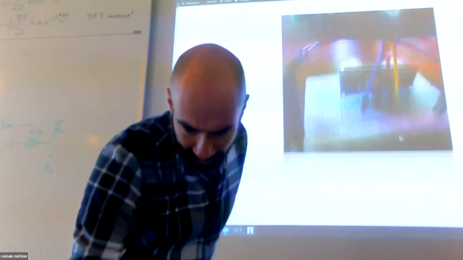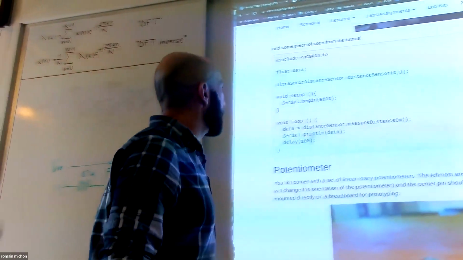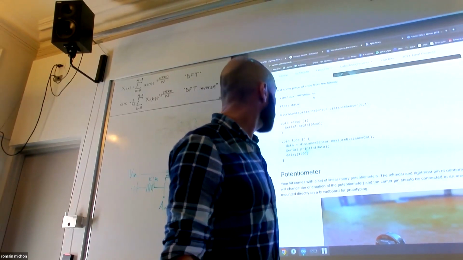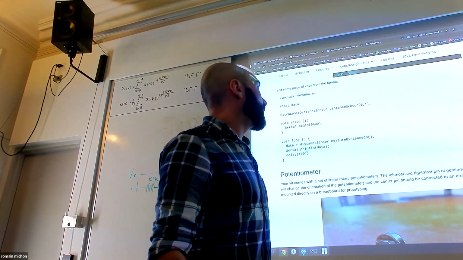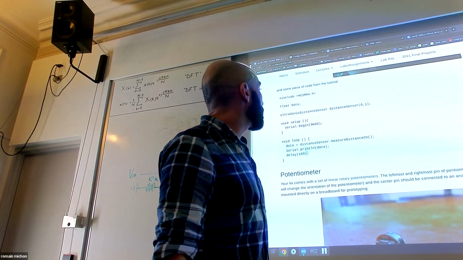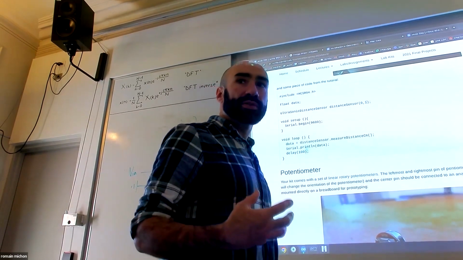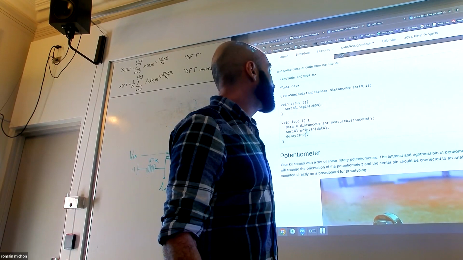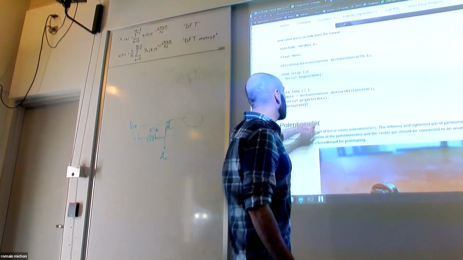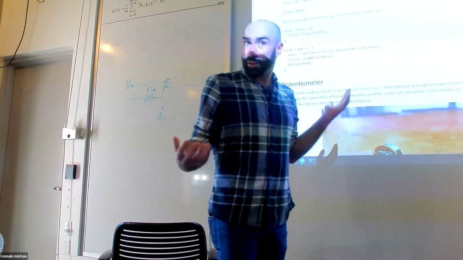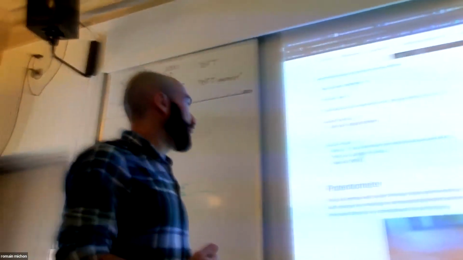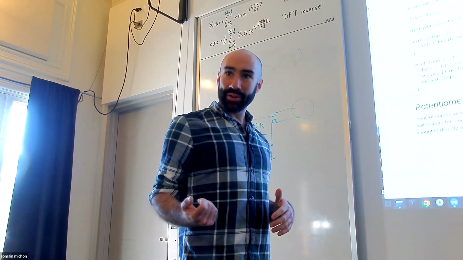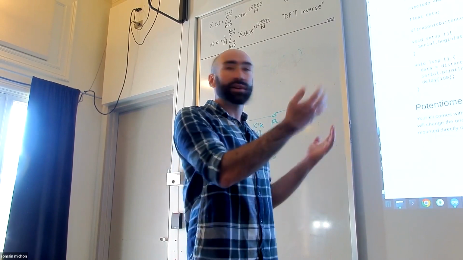And the library is very easy to use, because you see in the code that essentially all you do is include the library. Then you have an object for the sensor. And apparently there are some values here which probably configure the way it's working. And then essentially it measures distance in centimeters, and every time you call this, it's going to give you the distance in centimeters. So it's not as low tech as the options that we're using,